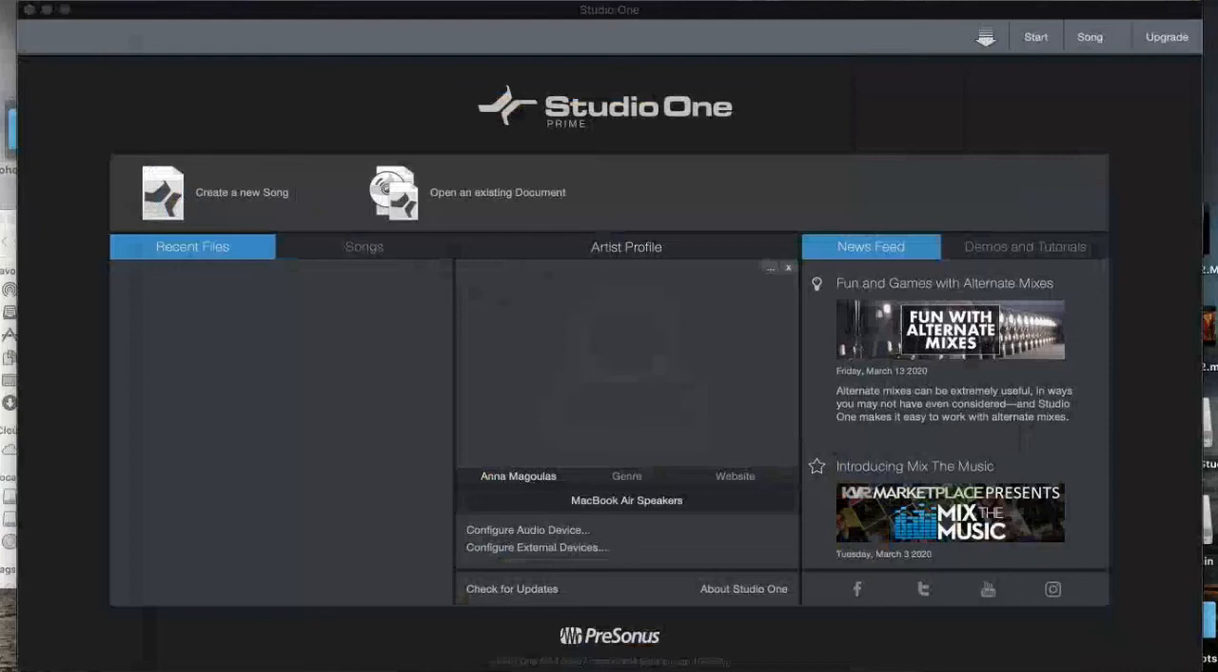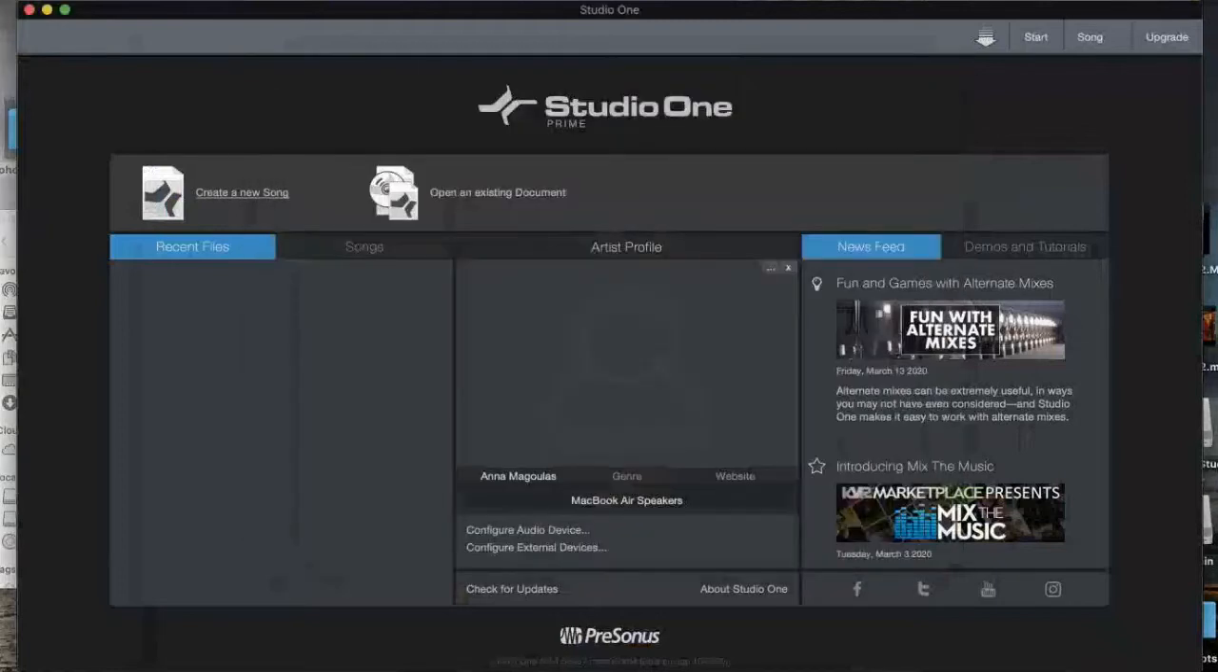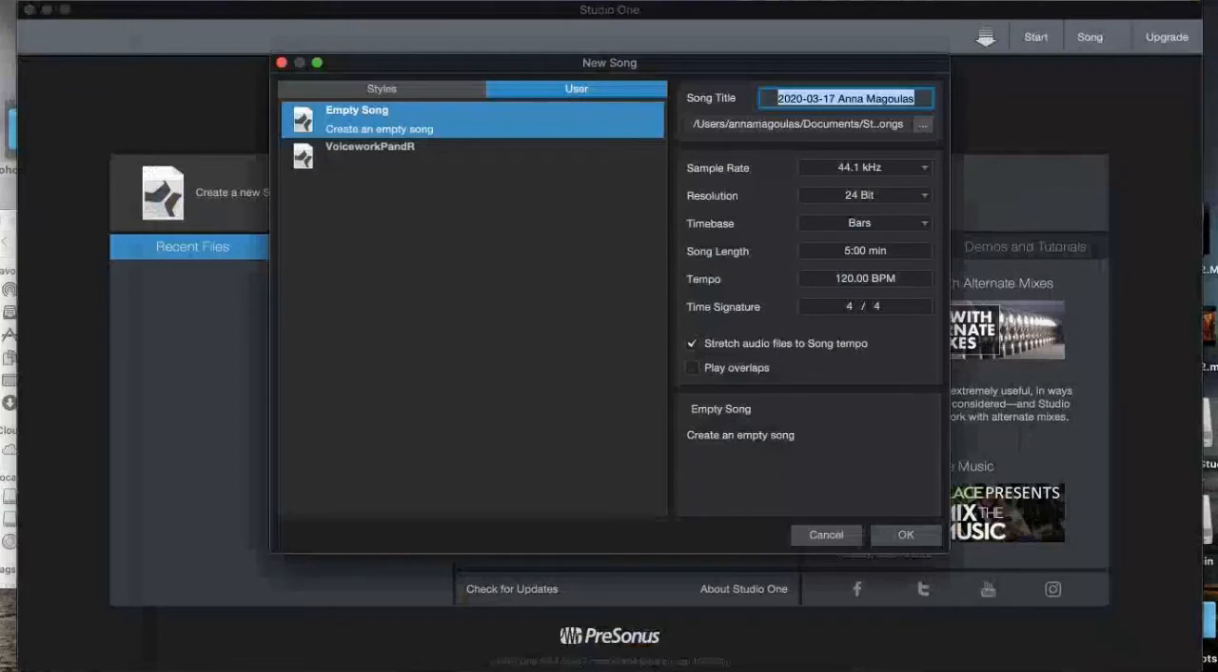All right, so what we're going to do is start a song. We're going to start a session. So we're going to click on create a new session and we're going to get this dialog. You'll see here we have two tabs, styles and user. Because I had user open before, when I click on this, it will open up on the user tab. So we want it on the user tab and we want to select the voice work